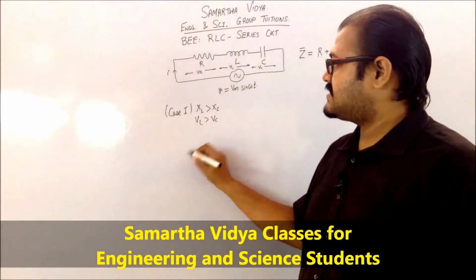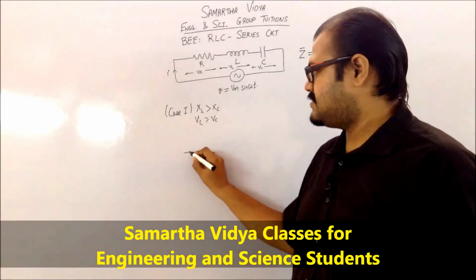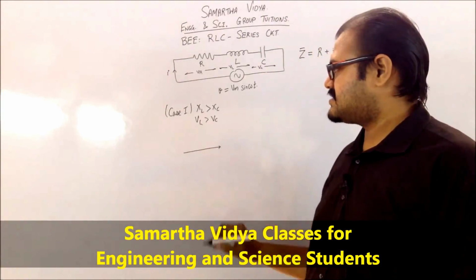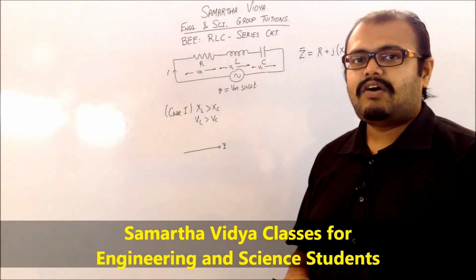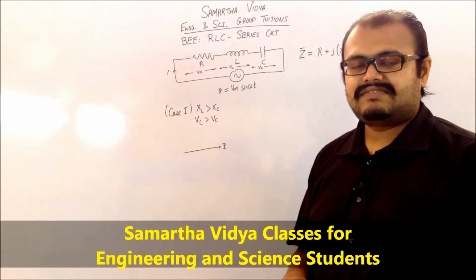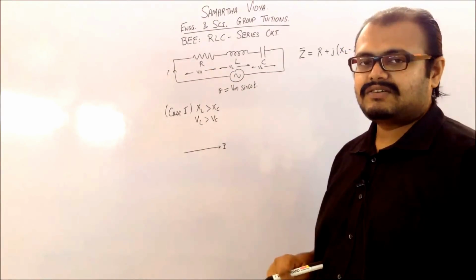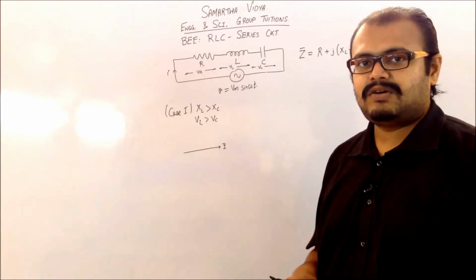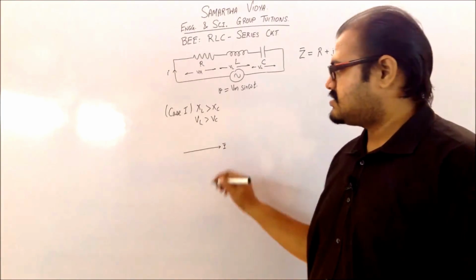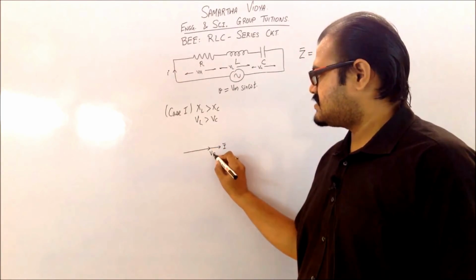When we discuss this, let us recollect what we have already learned. To represent our phasor diagram, we start with the current. We denote our current as the reference, so this is my I bar. Then on this we represent the different voltages. First, the voltage across the resistor. We know the resistor's voltage is always in phase with the current, so we represent it here, which is VR bar.